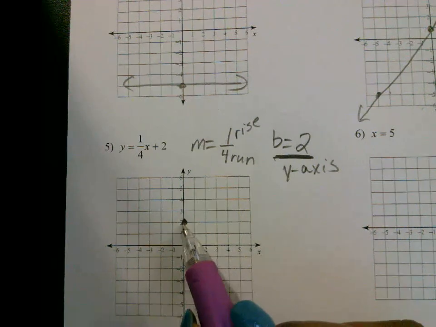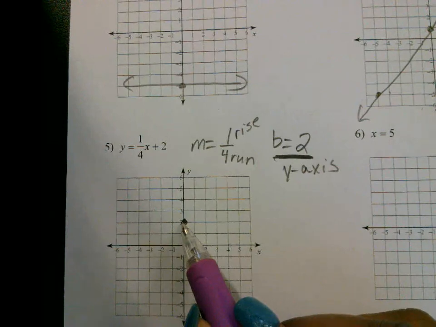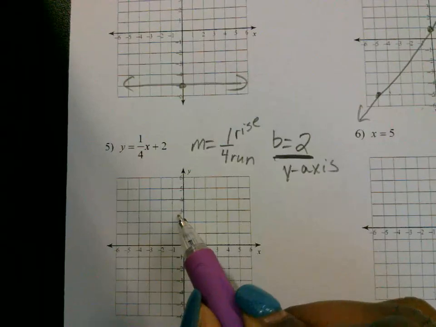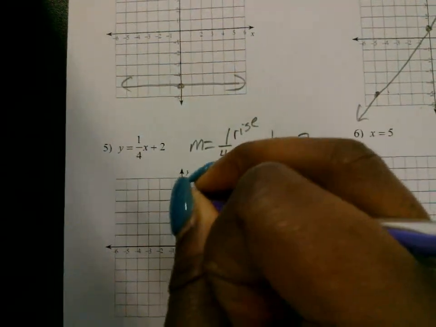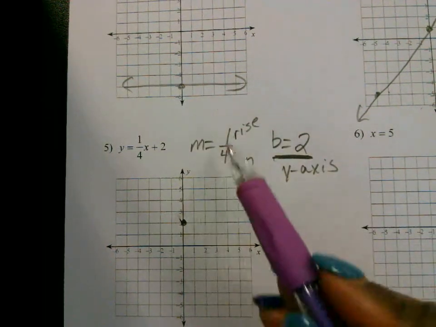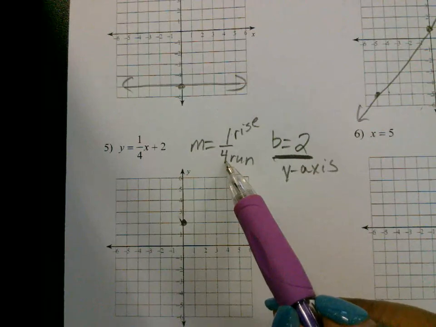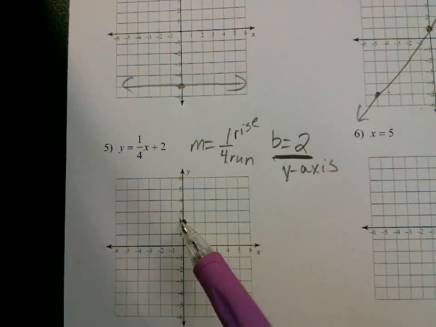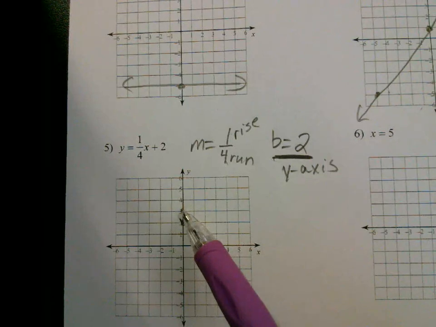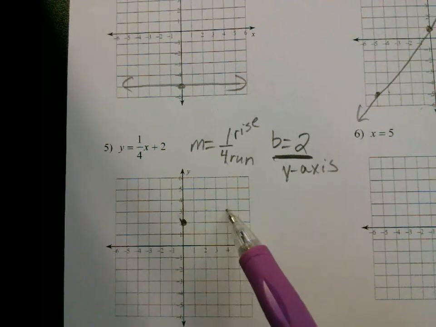Alex, from this point, where do I go? No, you're just copying because that's what somebody said. Don't do that. Think about it on your own, please. They are wrong. Rise over run. Rise goes first. Run is second. Where am I going to go from here? Up 1 and then where? Right 4. Up 1, 1, 2, 3, 4 to the right.